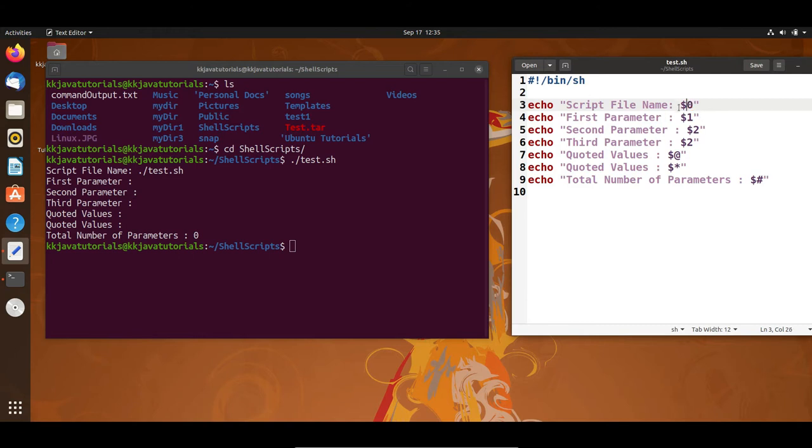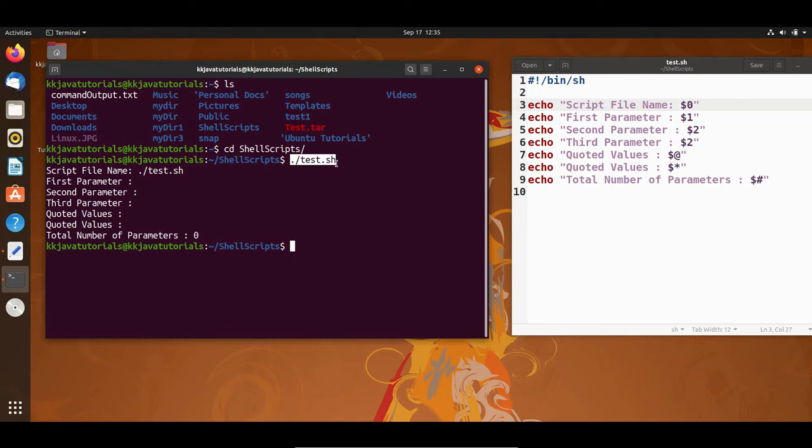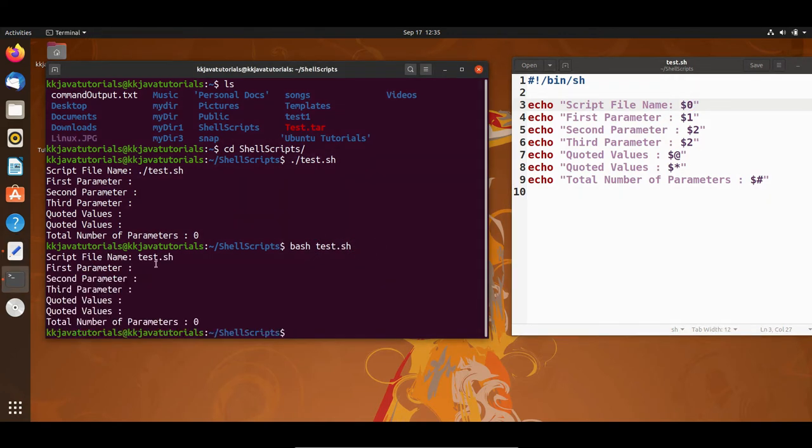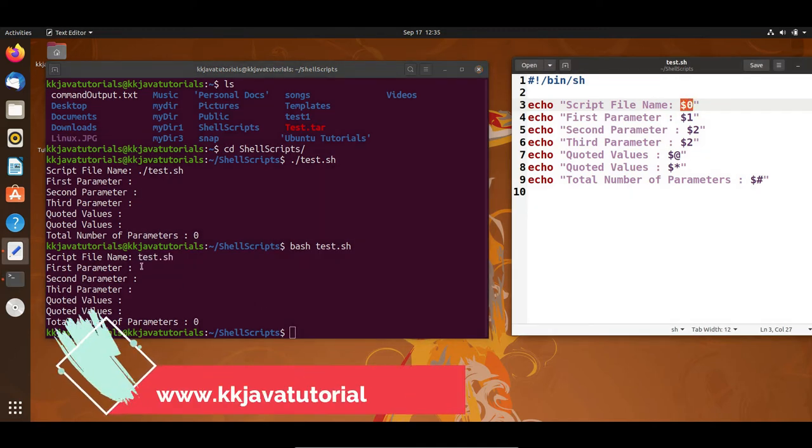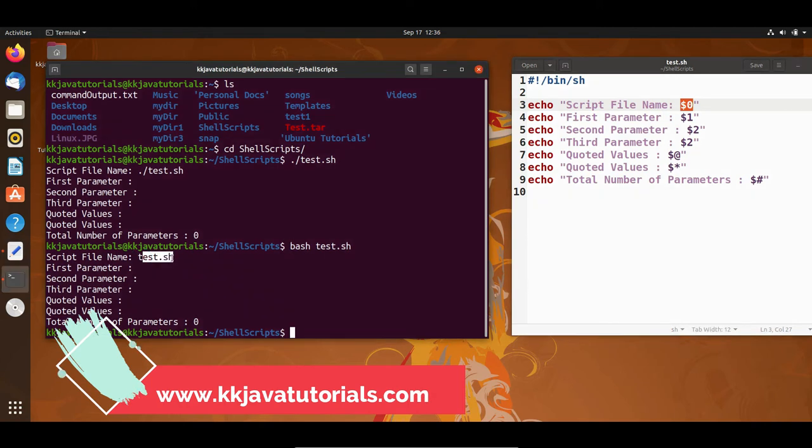If you look into the shell script, when you do $0, this will print either the name of the command you write while running this script, or if you use the bash command, let's say I do bash and use this to run the shell script, then in this case $0 is going to print the file name, right? File name of a script. So if I press enter, you can see this is printing the file name. So $0 is reserved to print the script file name, right?